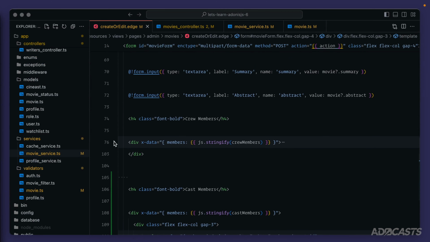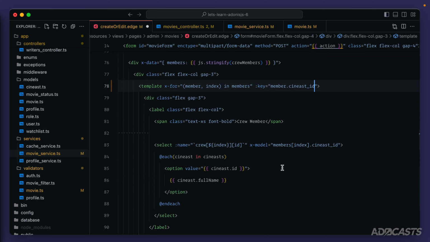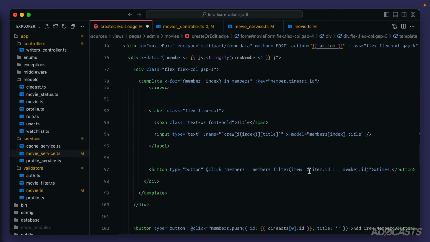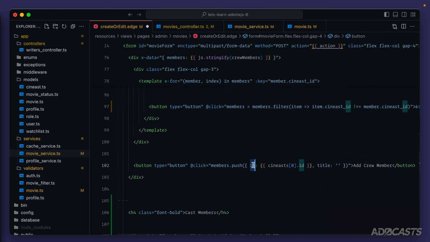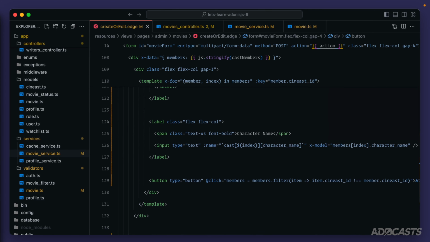So we'll scroll up, let's expand our crew members. We want to switch the ID from that to that, scroll down, and apply the same thing here, there, and scroll down a little bit further, and right here where we're pushing into it, a default value as well. Okay, scroll back down to where we had our cast members, and we can go ahead and jump back into